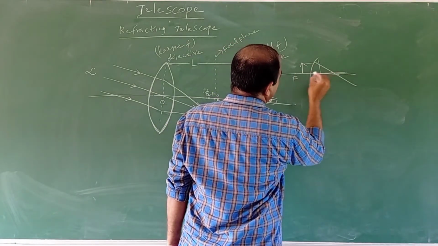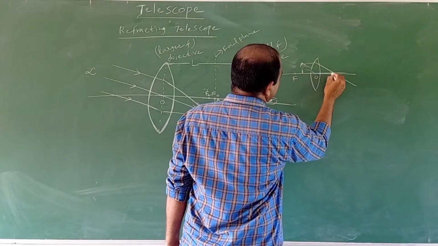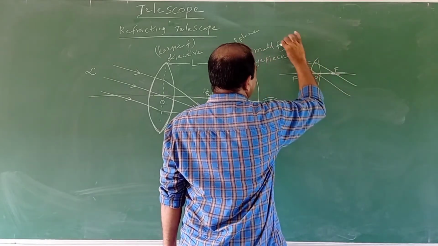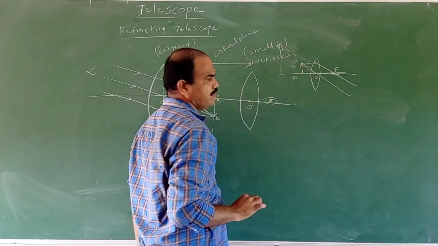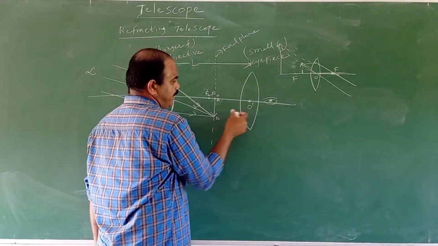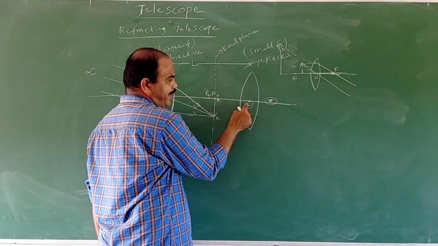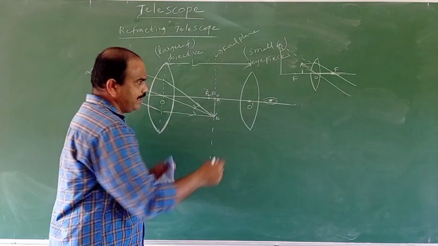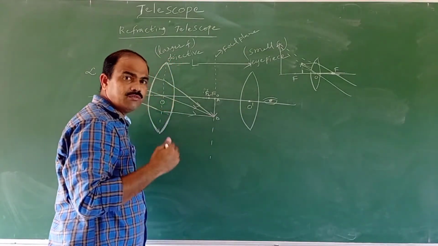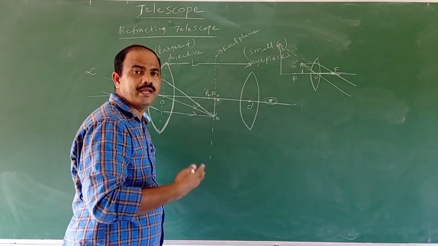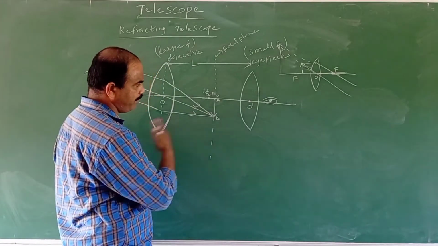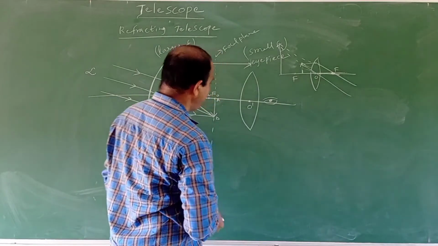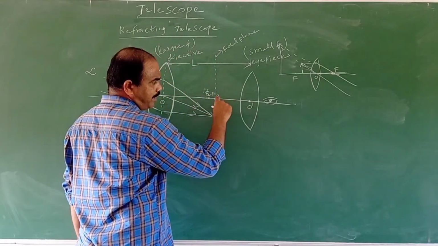You already learned that. When the rays are extended back, the image is formed. When the object is between the optic center and the focus of the lens, the image formed is virtual, erect and magnified. It will be found on the same side as the object, behind the lens. So how can this eyepiece form the image of AB?